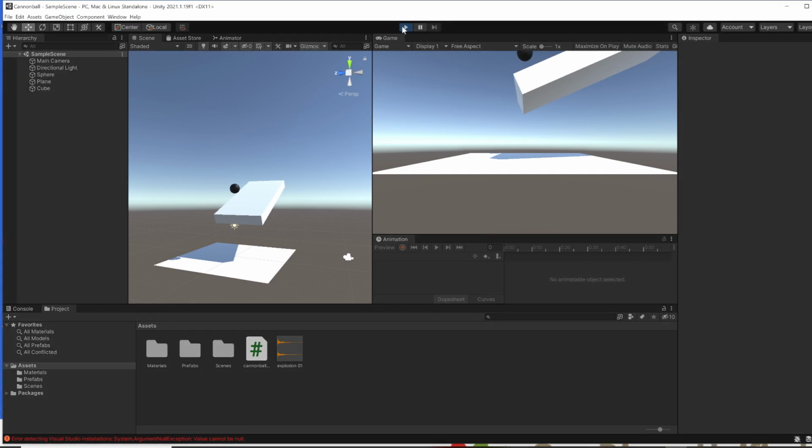Okay, right now when we test the game, when we play the game, the cannonball drops, it hits the ground, the explosion goes on and on and on forever. So what we're going to do is we're going to limit that. We're going to make the explosion disappear after a couple of seconds, and we're also going to add a sound